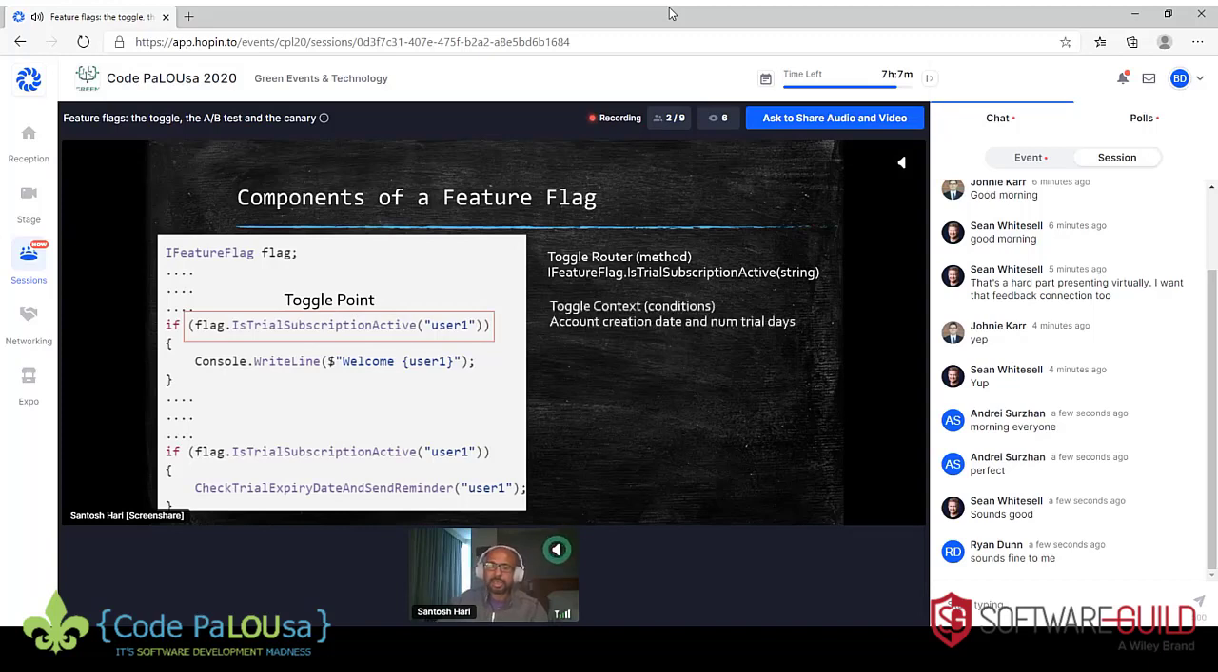The next component of a feature flag is a context. This is the set of conditions that the router takes into account while computing the feature flag. In this particular case, the toggle context could be, if I want to see if a trial subscription is active, I may want to see what the account creation date was and what the number of trial days was,